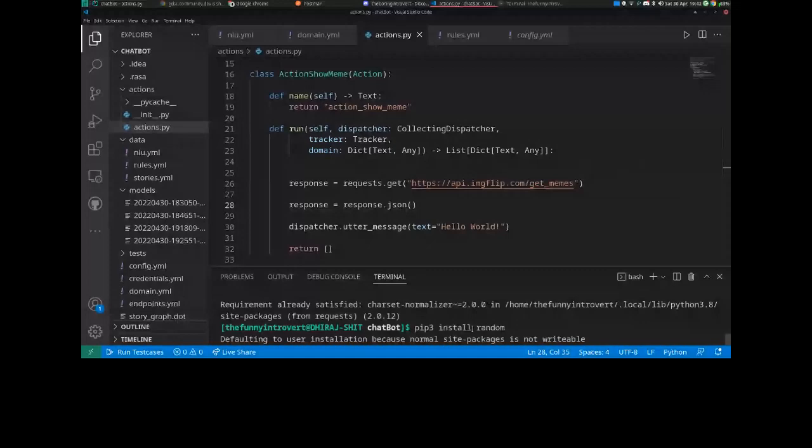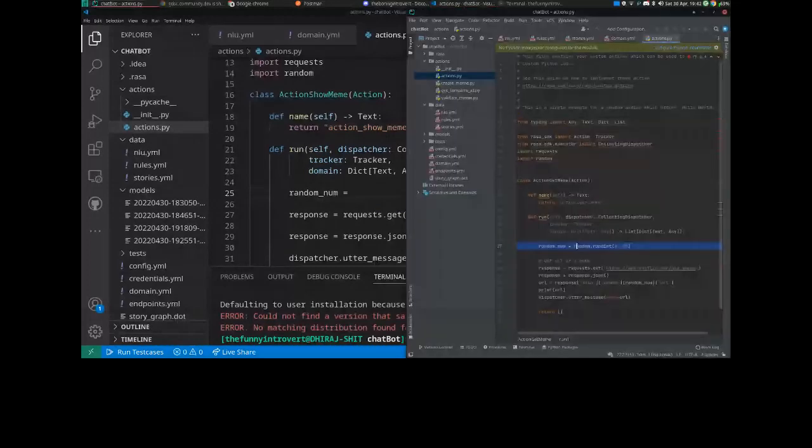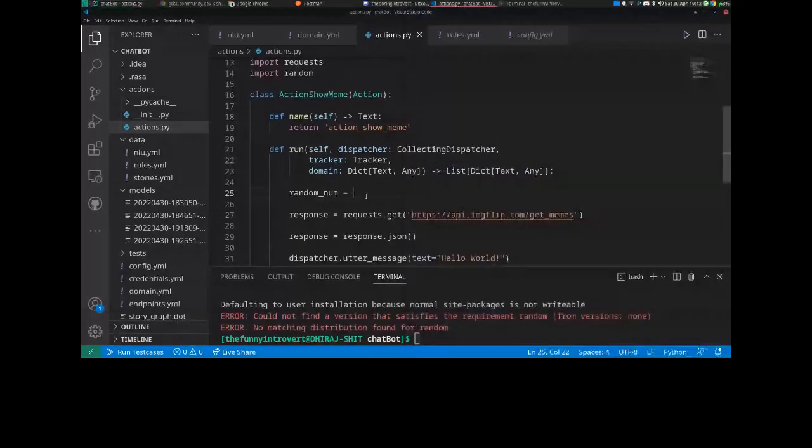So we will just get a random number. It is a simple syntax, and I will copy it directly, because it is nothing but a function which is going to generate 0 to 99. This is basically saying there is random, and from that random package, use the randint function.